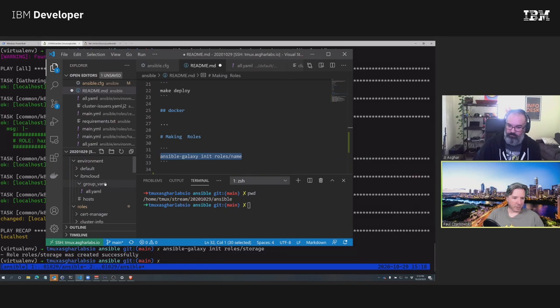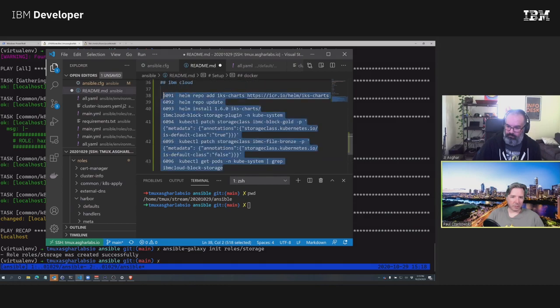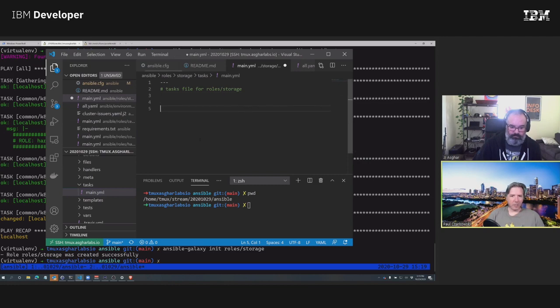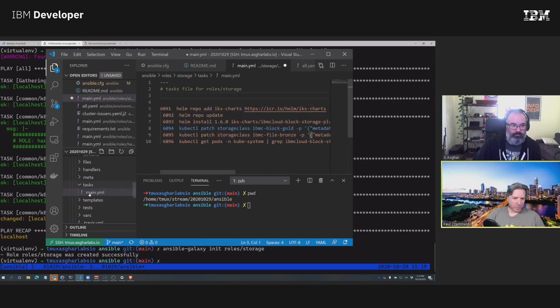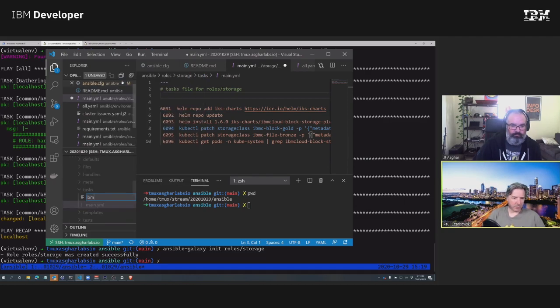And so now in storage, basically we want to take these steps here and replicate them. So tasks main. And then actually we want to do a new file, ibm_cloud.yaml.